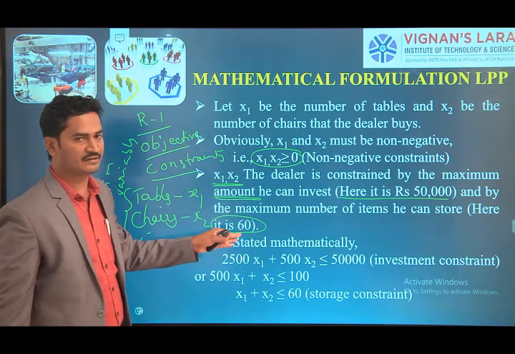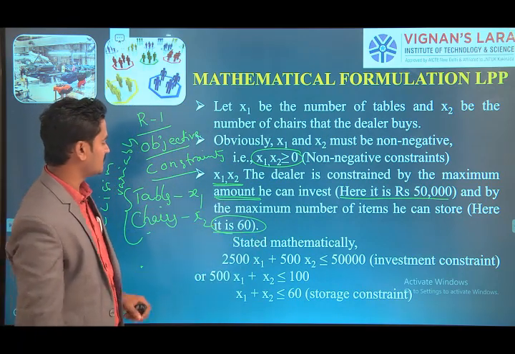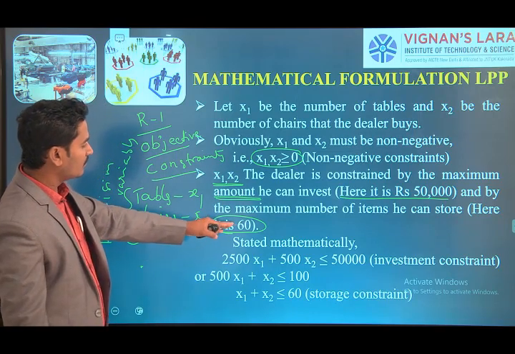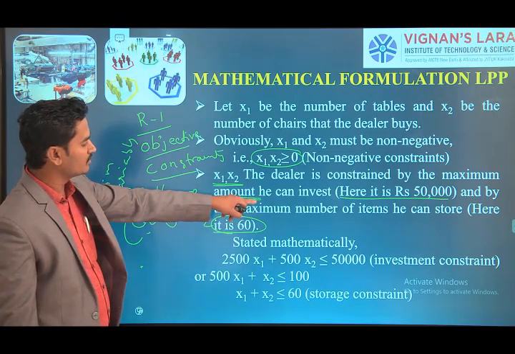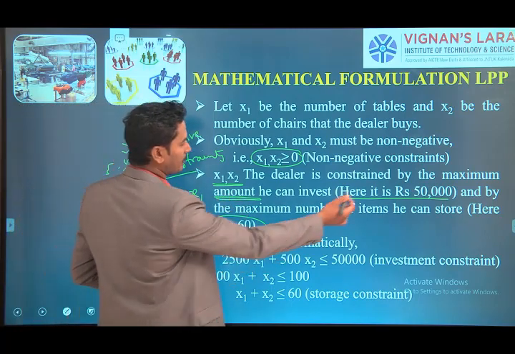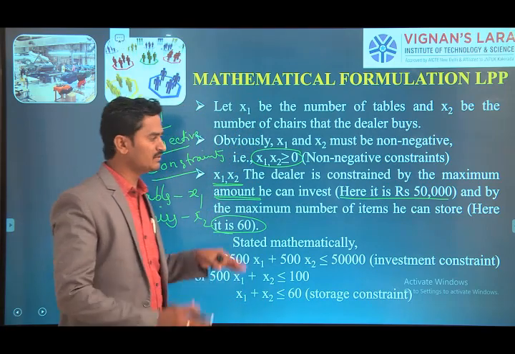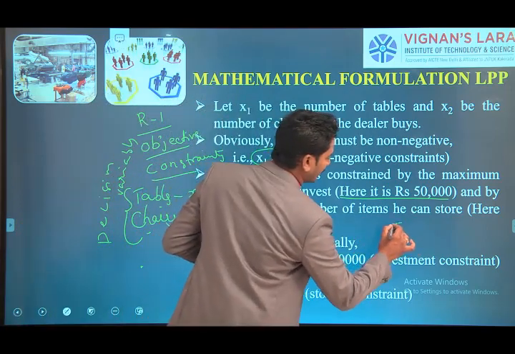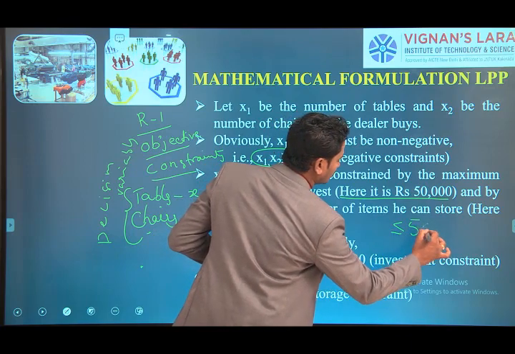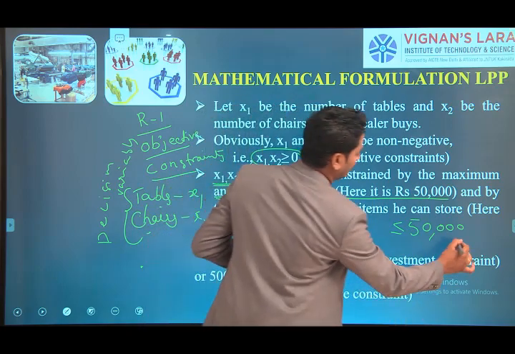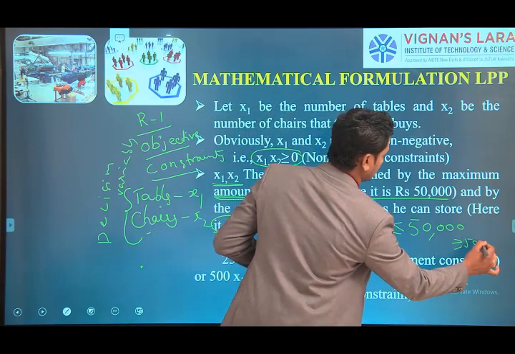It does not exceed. Okay, these are the constraints. So here we are going to convert these values into the equations, these values into the constraints. Here they are given the maximum amount. Maximum amount means that is the upper limit they are given. They are decided, it does not exceed 50,000. If suppose it is "at least", it means we take a greater than or equal to constraint.